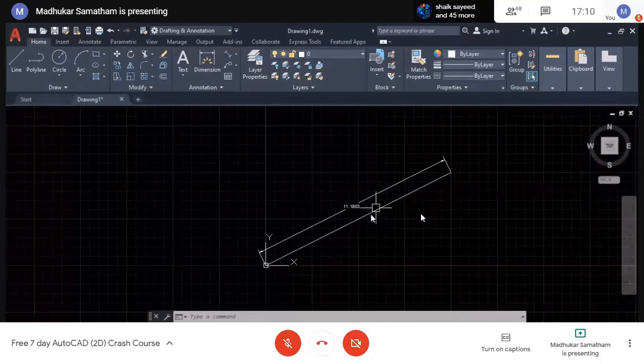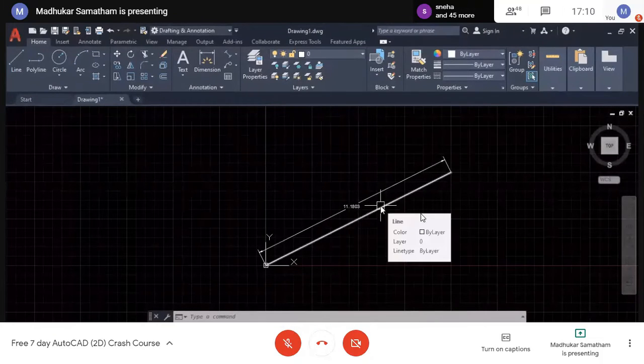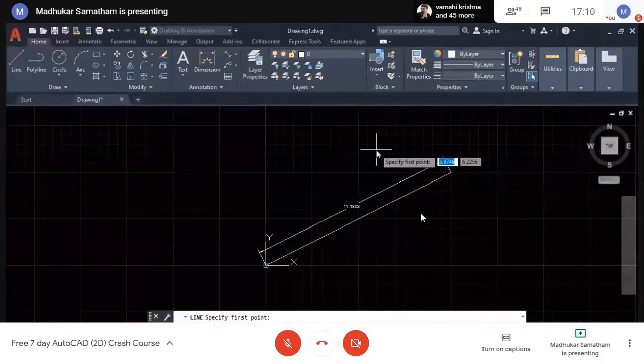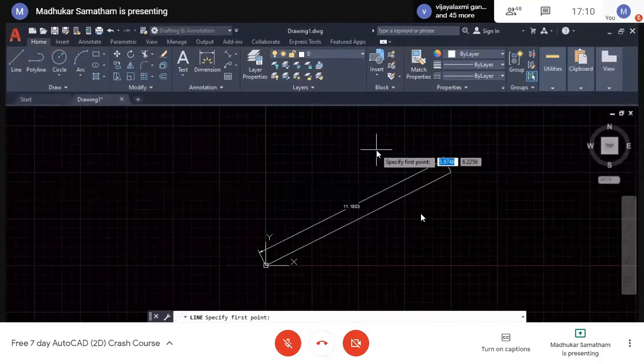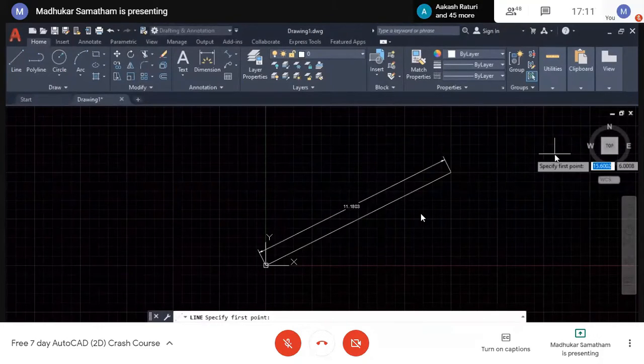Or else you can create it by using the coordinate systems. The same line I want to create by using other coordinate systems, and we are going to specify that.